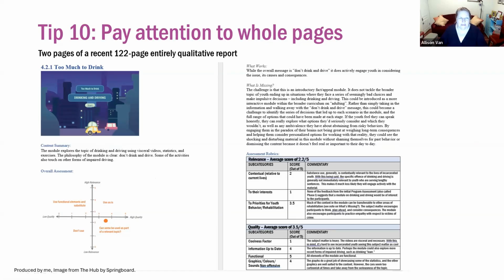So this was actually a 122 page entirely qualitative report that was incredibly well received. And there was a lot of excitement about it because people were able to quickly interpret what was happening and why. And they were able to see the raw data, but also the major point. And we went out of our way to build this, purely built into the coding structure, to build this overall assessment and this assessment rubric